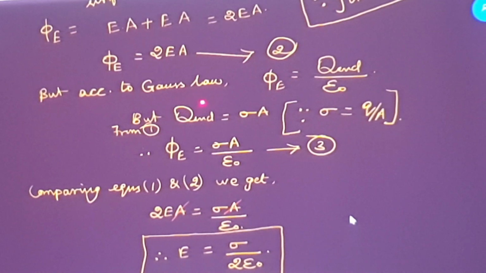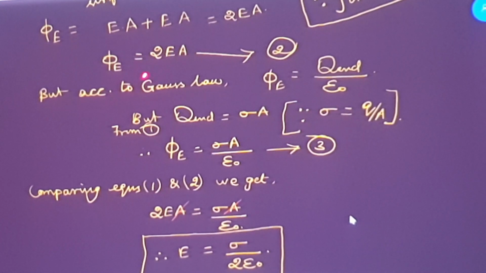But we know that according to Gauss law, the total flux through the Gaussian surface is equal to the total charge enclosed in the Gaussian surface divided by the permittivity epsilon 0. What is this charge enclosed? Already we have studied in equation 1 that surface charge density is charge per unit area. So in 1 meter square area, the charge is sigma. Now the area is A, so on cross multiplying, we get Q enclosed is equal to sigma into A. So phi E is equal to sigma A by epsilon 0. Consider this as equation number 3.